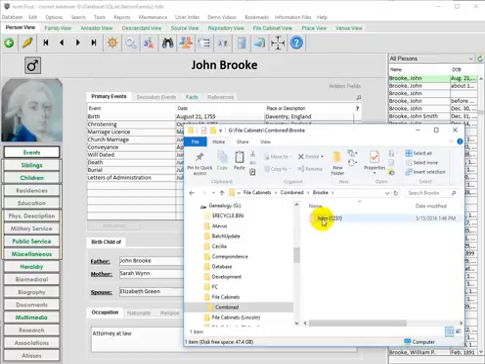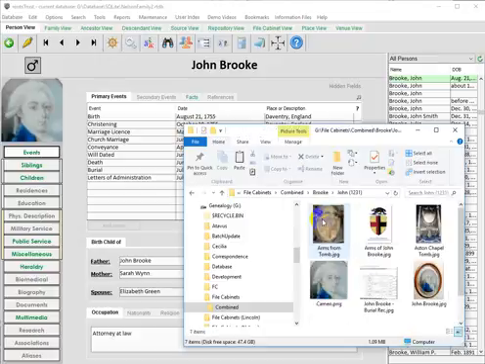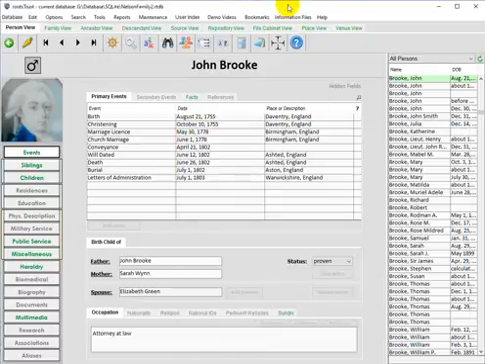If we open folder John 1231, we will see all the files that I dragged in. Since I'm using a combined type file cabinet, documents, multimedia files, and heraldry files all reside here together. What about linking files to things that are not persons, like places, sources, venues, etc.? Personal directories do not apply to them. Such files are stored in so-called default directories that are also created automatically as part of the drag and drop